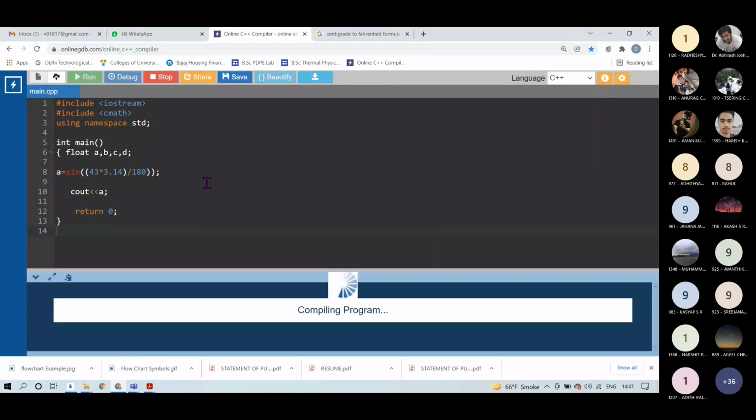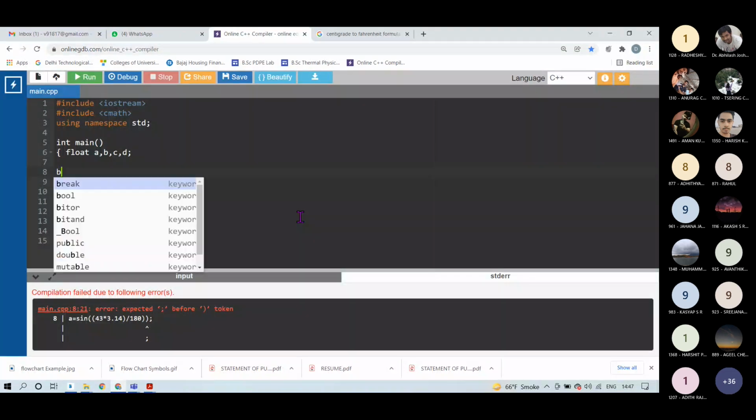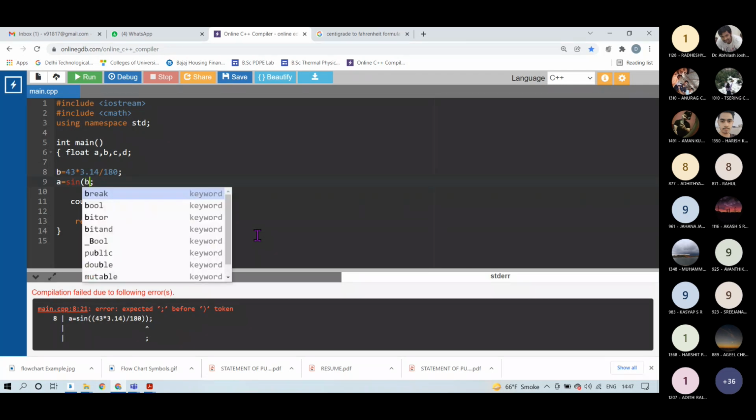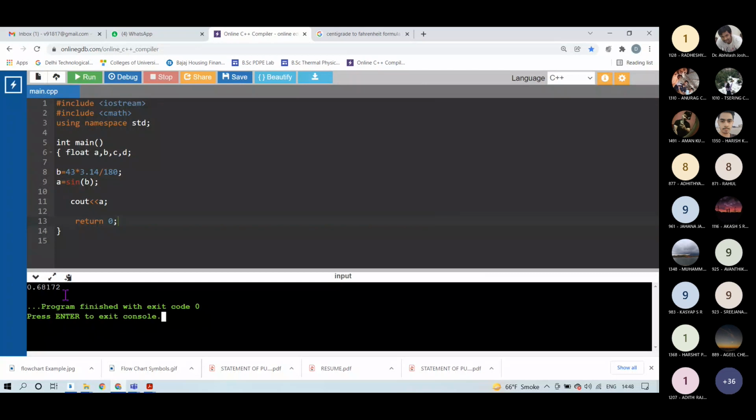If I run this, okay, it will not take something like this, so I have to declare first b is equal to 43 into 3.14 divided by 180, and then insert this variable b into sine. Yes, now it is giving me 0.68.